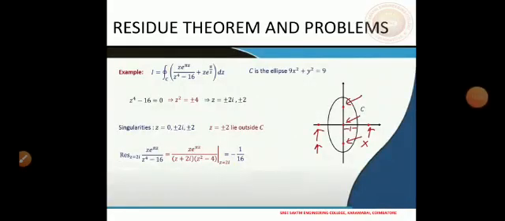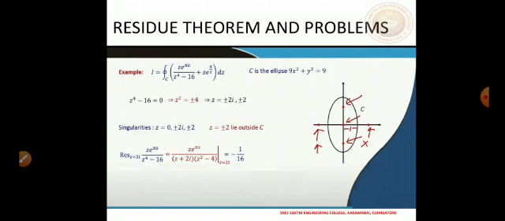So another example where we have to integrate the sum of two functions, z e power pi z and then z power 4 minus 16, then we have here z and e power pi over z, then dz. Here C is an ellipse, which is x square plus y square by 9 equal to 1 in the standard form.